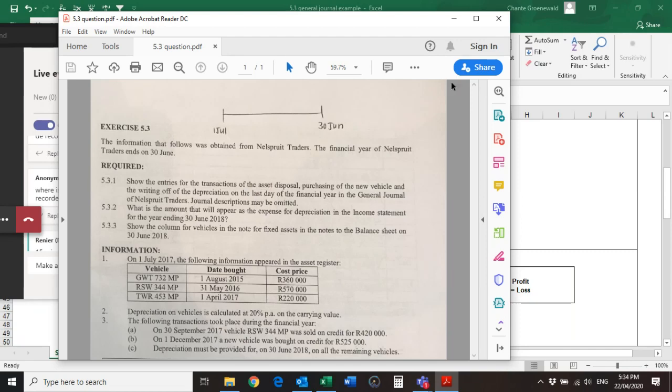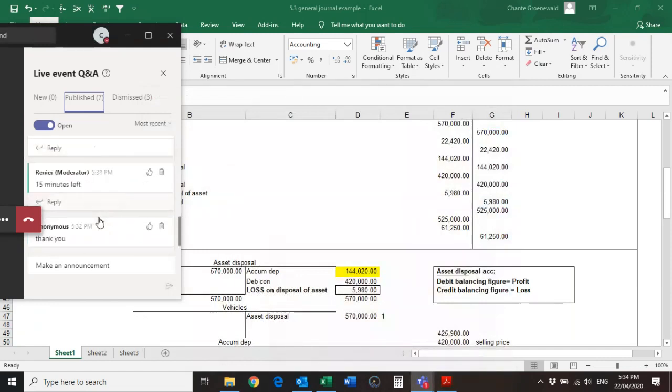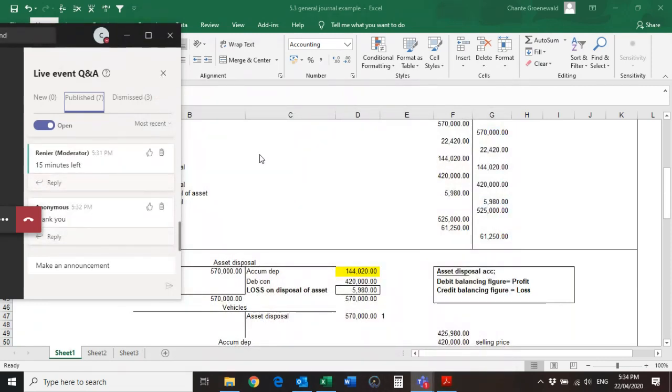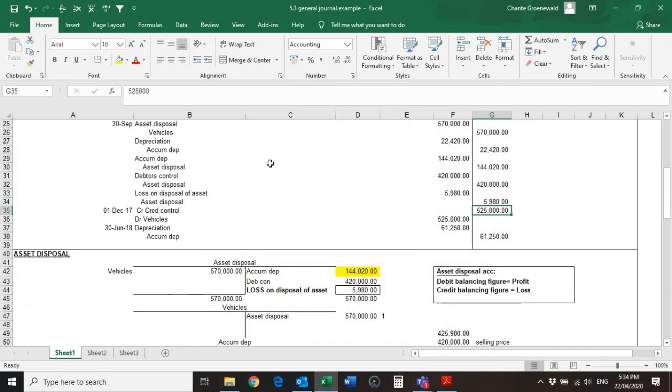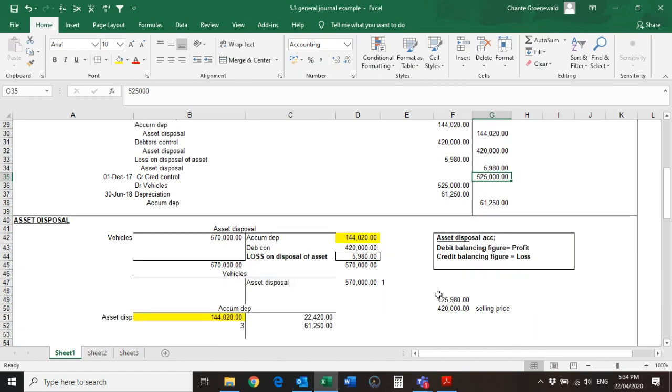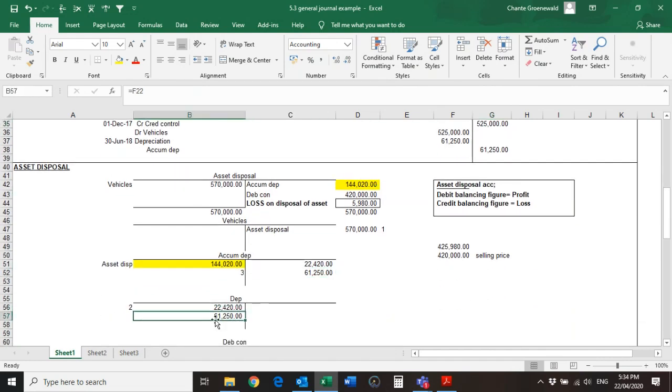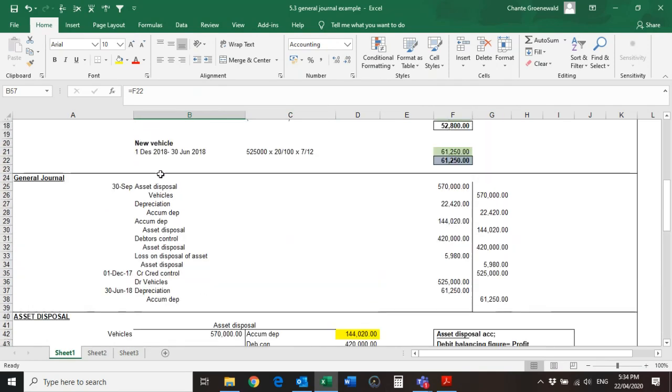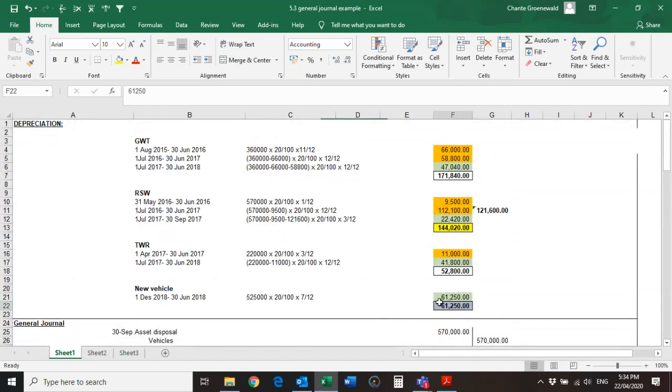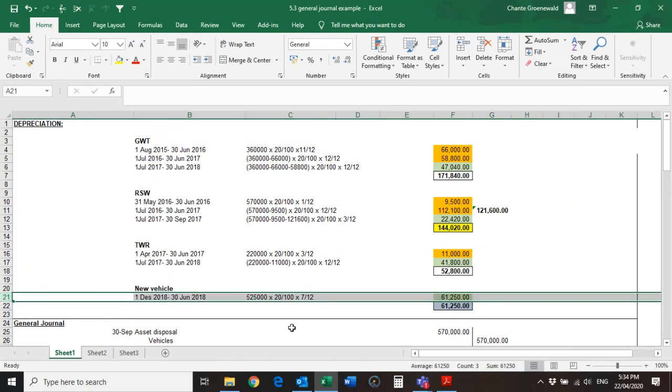What did I tell you? You always write it at the last year. Okay, pleasure. Okay, so now we have the depreciation amount. This depreciation amount has to do with my new vehicle. So they only want me to write the depreciation for the new vehicle. Okay, you with me? You guys understand?